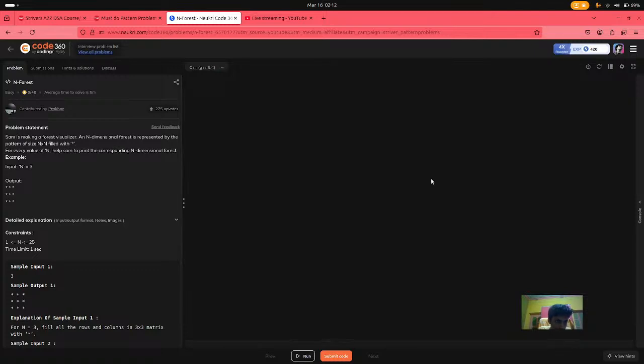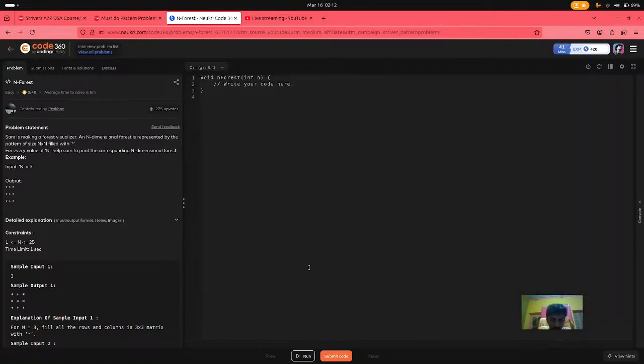Okay, 3, 3, 3. I mean n equals 3, so I have to just put it like that. It's pretty easy. So what is the rule? In Striver's Advisor DSA there is a rule. The rule is